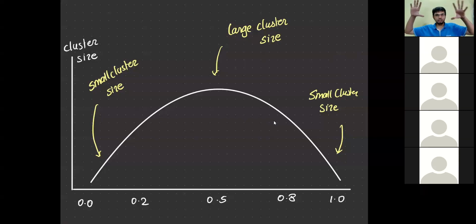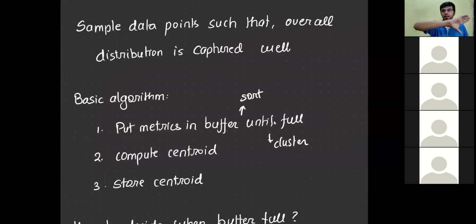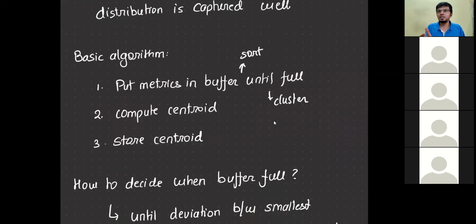So from the actual stream of data that you get, you have to sample the information and basically form clusters about it. So the idea is, let's say you are given 10,000 points. Out of those 10,000 points, you just pick 100 points. But these 100 points should represent the distribution that the 10,000 points actually had, right? This distribution should be very, very similar when we plot it for the 10,000 points or for the 100 points, because then that's when we can get a very nice approximation of the actual value.